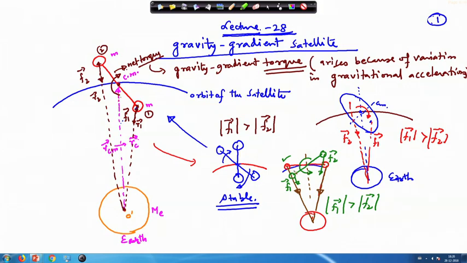Means for the stability, earlier we have discussed that there should be a tendency to return back toward the original equilibrium position. So, here this is statically not stable. Moreover, if it is left over a period of time, it will go away from this position and it will start oscillating. Okay. So, this kind of configuration is unstable, because the disturbance increases over a period of time.